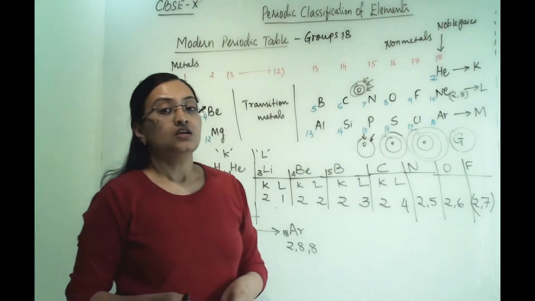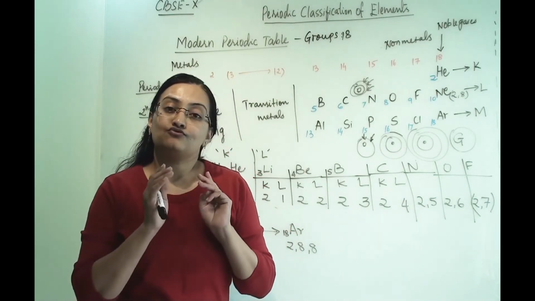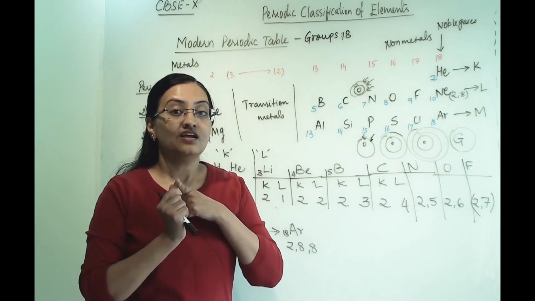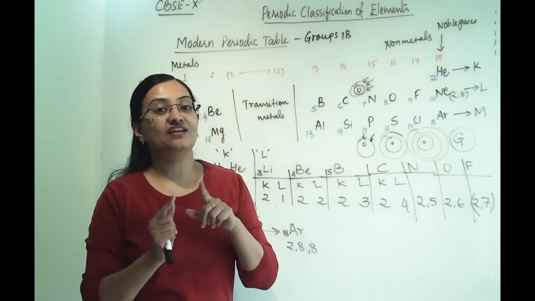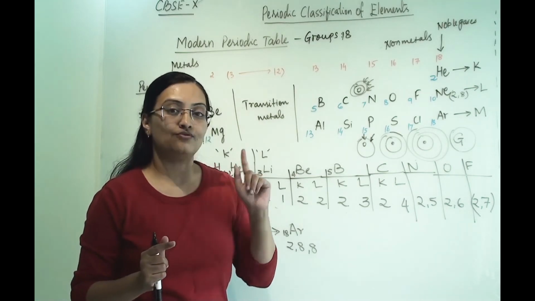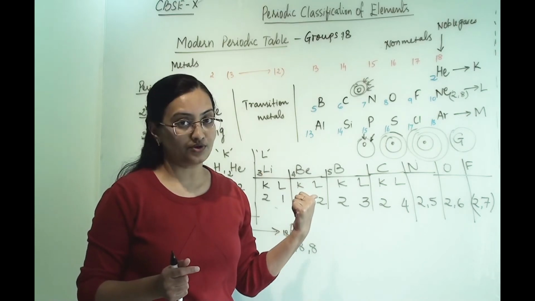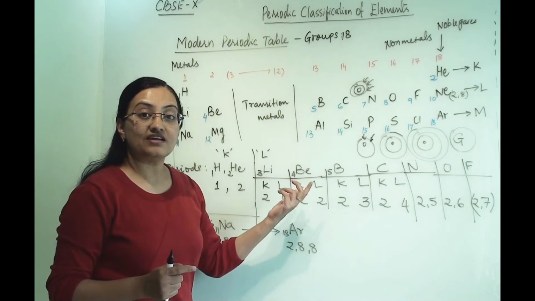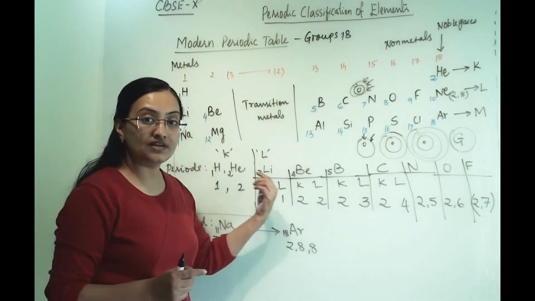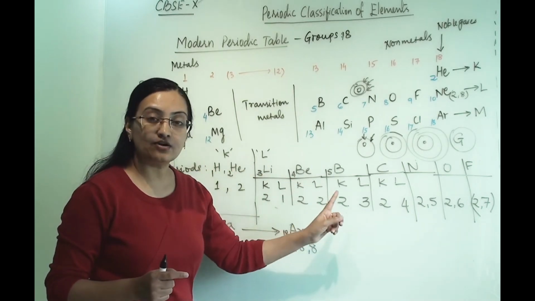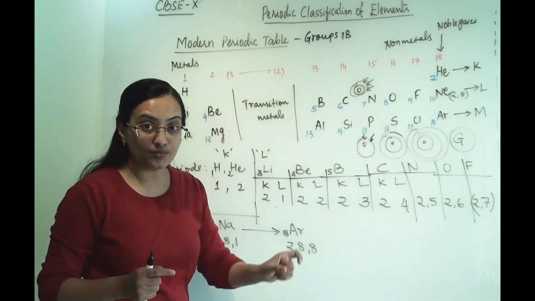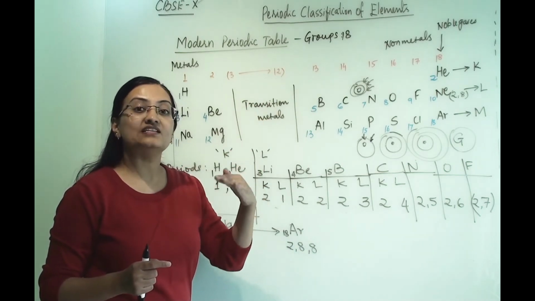So in this, 3 points you have to remember. First, we have to arrange the elements in increasing order of their atomic number. You have to remember the law of the modern periodic table. Second, how the orbitals are increasing. In one period, only an electron is being added in the same shell, and in a group, one shell is being added